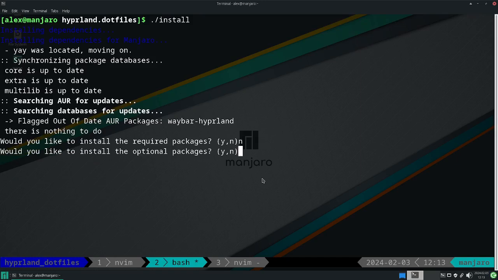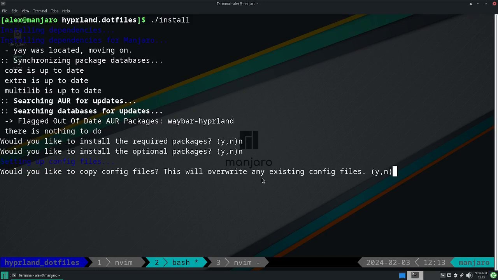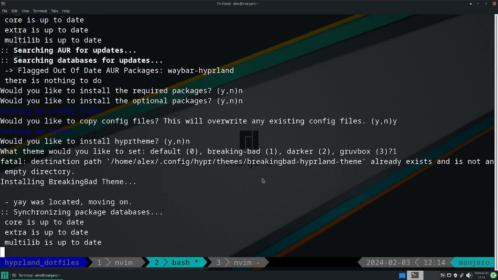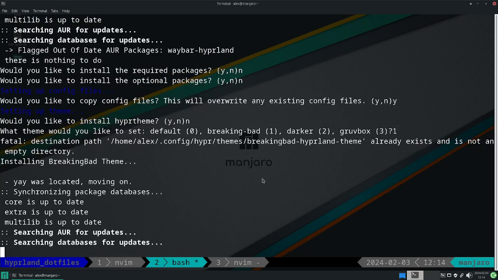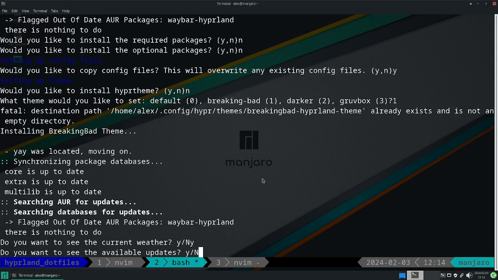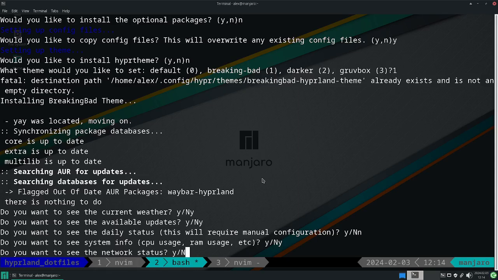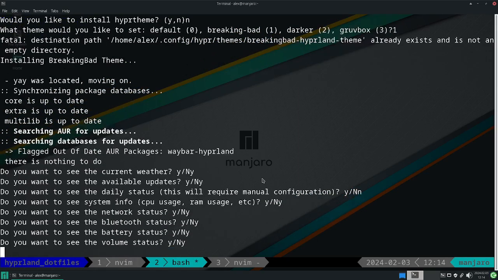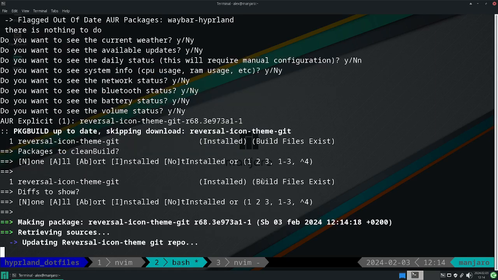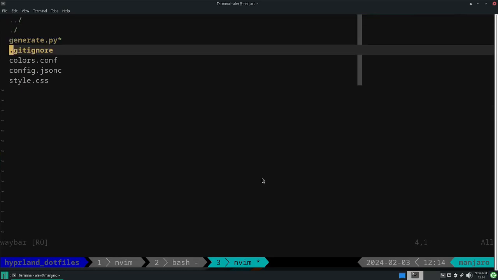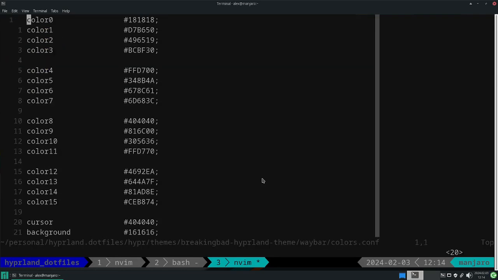Okay, so running the install again. So let's say here yes again. We no longer need to install hypertheme, and let's say 1 again. So hopefully this time, let's set the weather, set the updates. No, yes, yes, set everything else. So now if we take a look inside of Waybar and we look at the colors should be set,